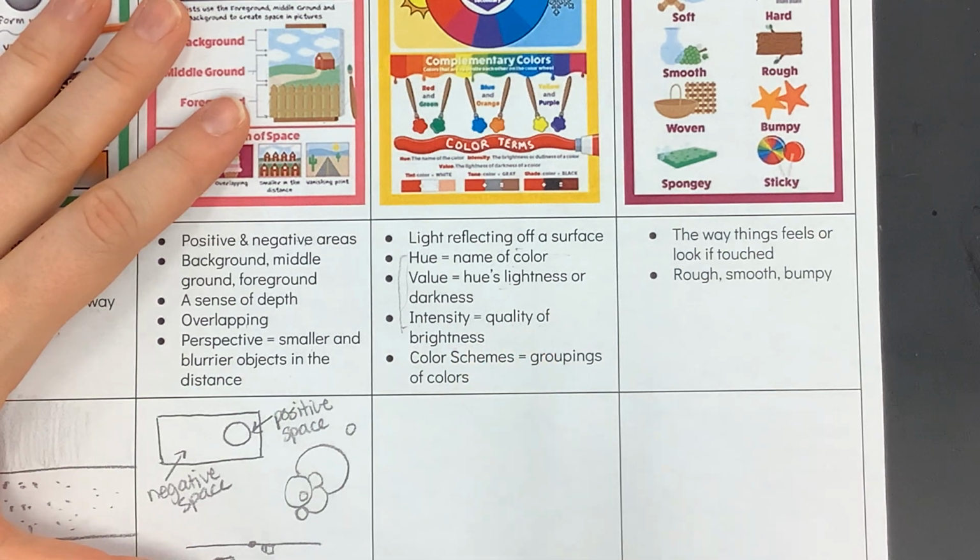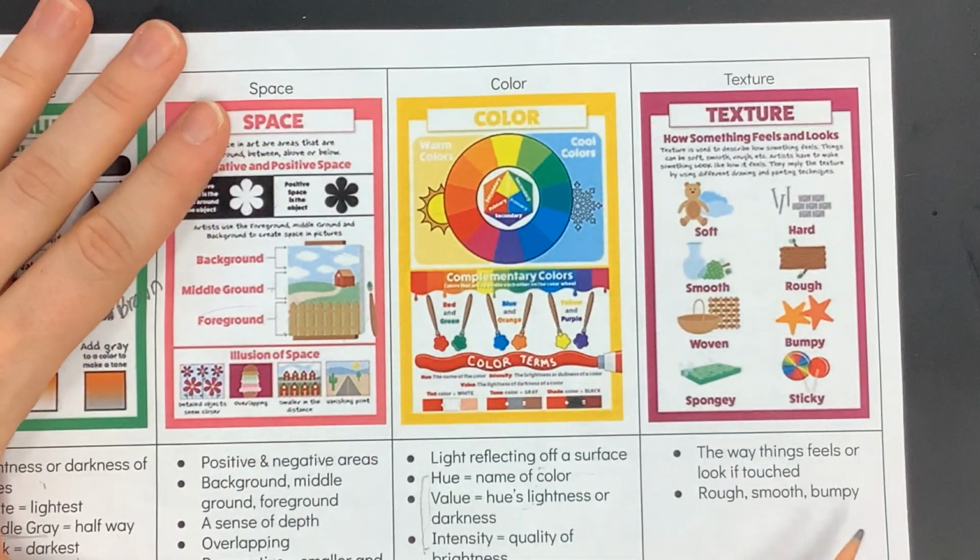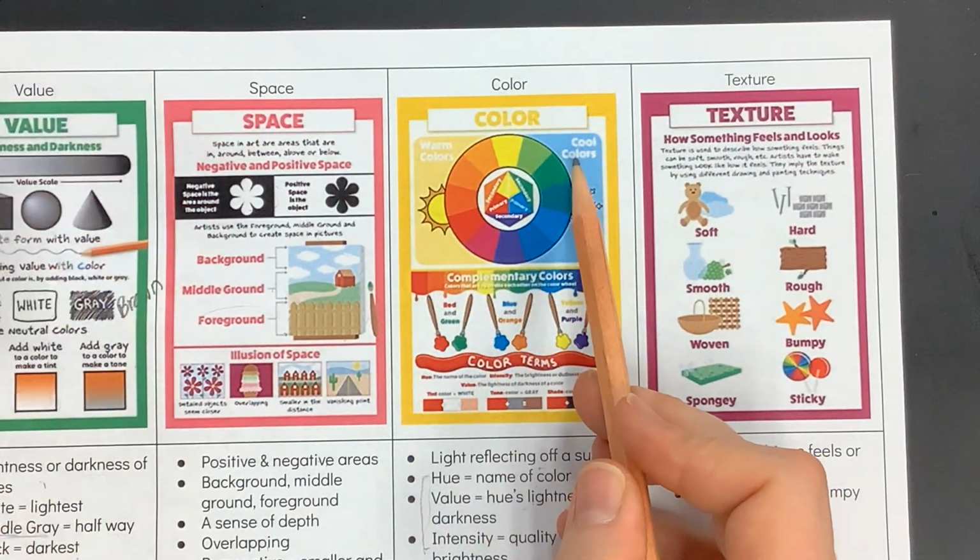So we think about neon versus more of a muted tone or neutral color. Okay, so when it comes to color schemes, that's just talking about groupings of colors. I've already taught you guys a little bit about warm and cool colors. Those are technically color schemes. It's just how we group colors together to identify what looks good, maybe what doesn't look good, or what creates